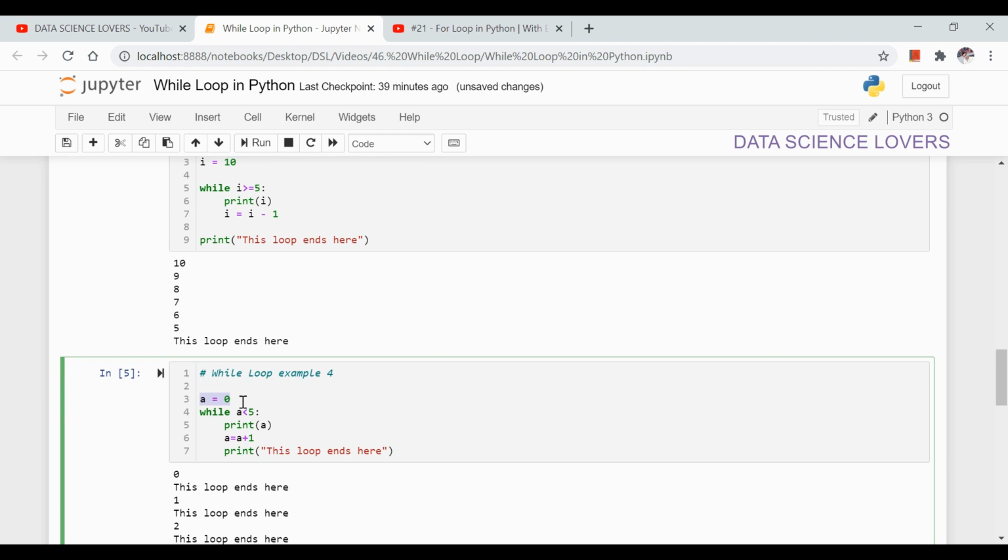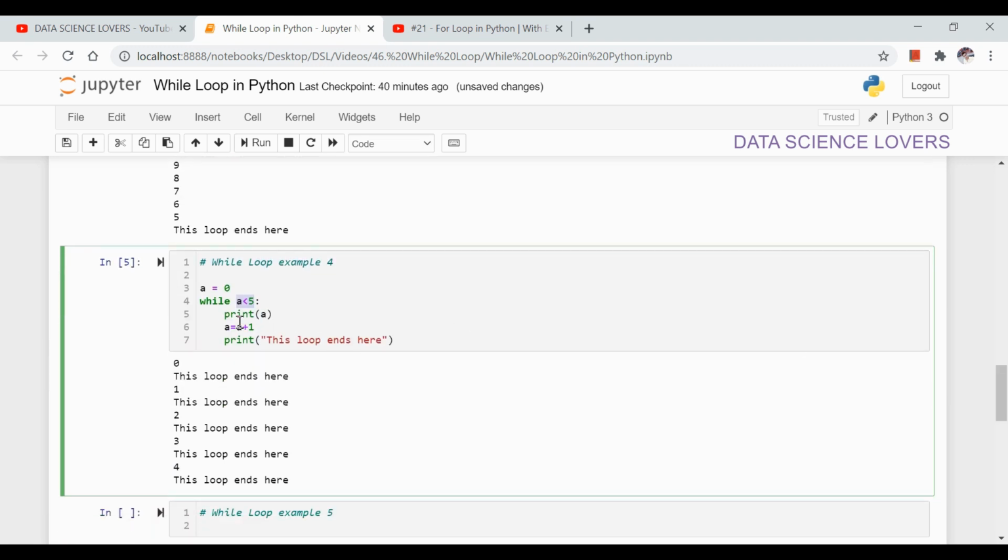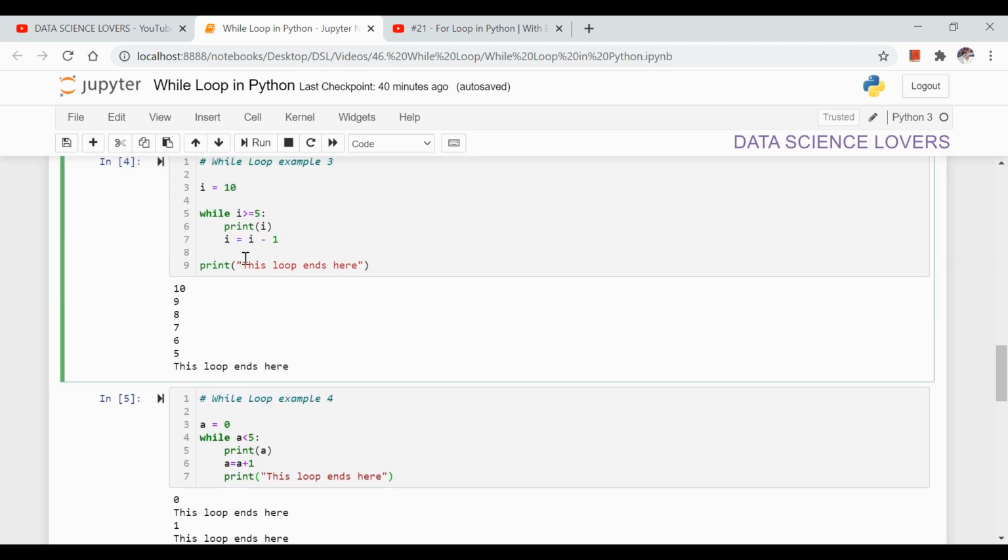Here first of all it will check for the condition, then it will print a. A will be incremented, and after incrementation this statement will execute, means it will print this statement. Again it will test for the condition. Now the value of a is 1 and 1 is less than 5. So again it will print a, and then a is incremented, and again it will print this statement once again. This loop will run until the condition is false. So you can clearly see the difference between these two codes, where the print statement is given outside the loop, and where the print statement is given within the loop.